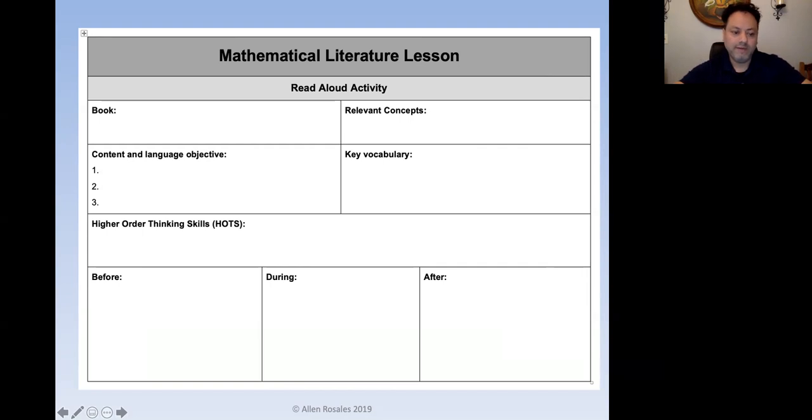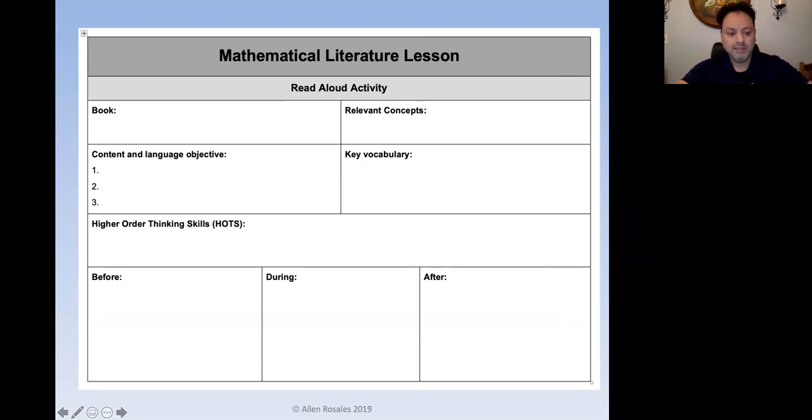And then the next row, you have higher order thinking skills, right? Or the COTS. That's really important. We can strategically write down what questions are you going to ask the children before, during, and after, right? Put those there. Many teachers will use little sticky tabs, and they'll write the question on the tab, and then they put it on the page where they're going to ask that question. And so when you're reading the book and you're turning the page, the tab will show up when it's time to ask a question. And then you ask the question, you engage the children, you take the tab, and then you put it in the back of the book, right? And then you're done.